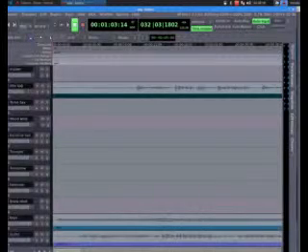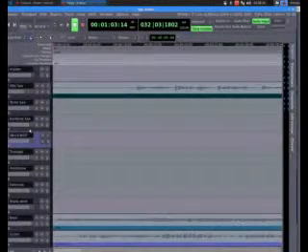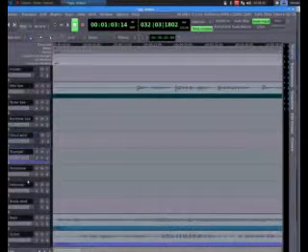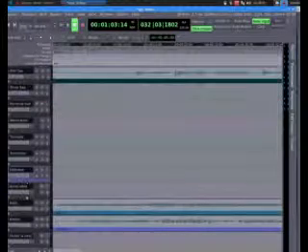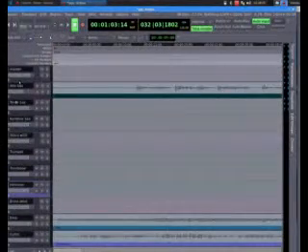Let's face the next scenario. You are going to record a small big band, where you have three saxophones: alto sax, tenor sax, and baritone sax. You also have a trumpet, trombone, and helicon.